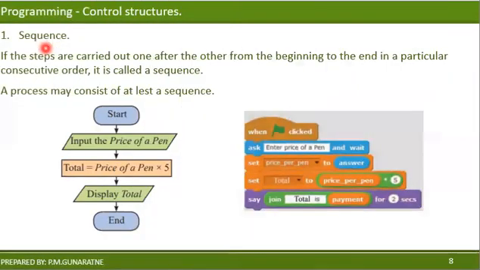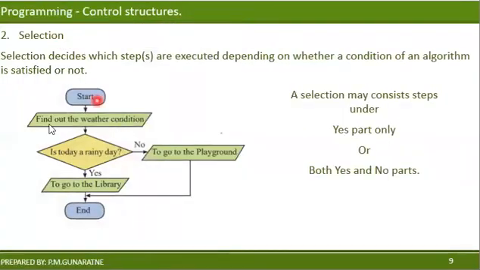So the first one is sequence. What is the sequence again? Starting from the beginning to the end, carrying out processes one after another in an ordered manner, right? So it is called a sequence. Then the second one, the selection, right? Selection in the sense of evaluating a condition. Depending on the condition, one path will take place, right? So there is a special situation here. You can see that from this condition, the process has been divided into two paths, yes and no. However, after evaluating these two, they have become merged again.